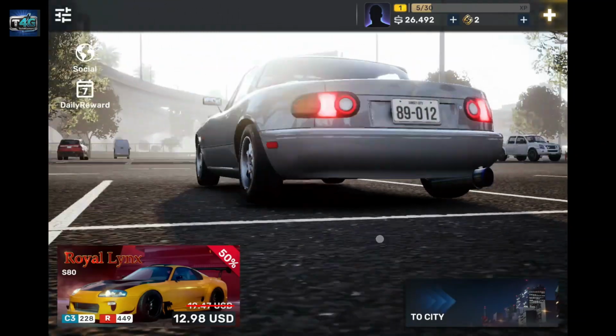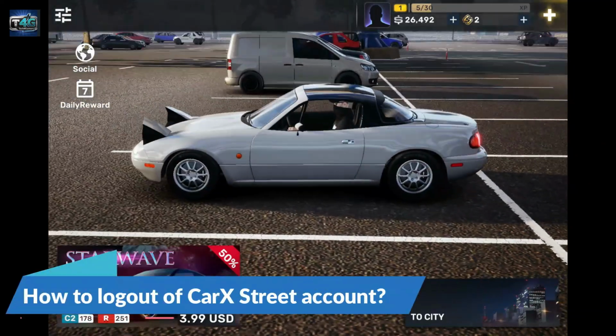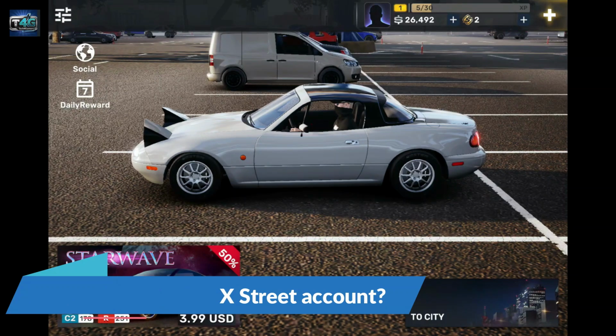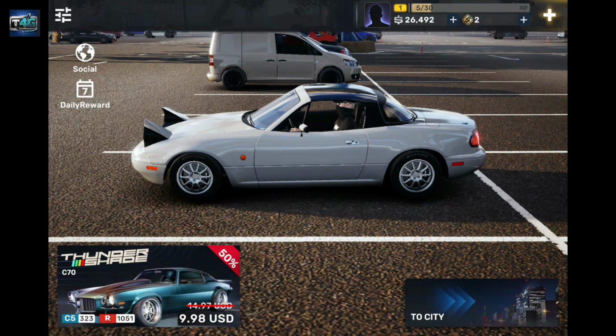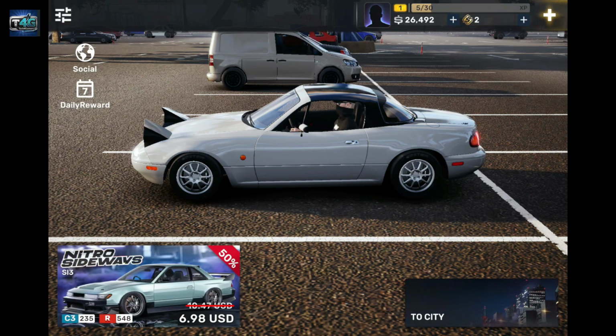Today in this video we are going to learn how you can easily log out of your CarX Street account. You can follow these steps on a mobile device or your tablet or even iPads. So let's get started. First of all, open up the CarX Street game and wait for the main lobby screen